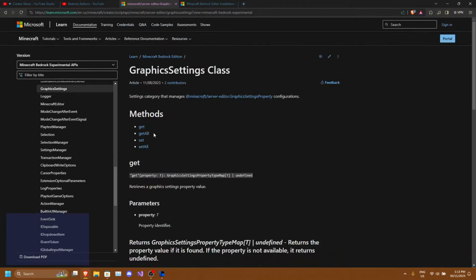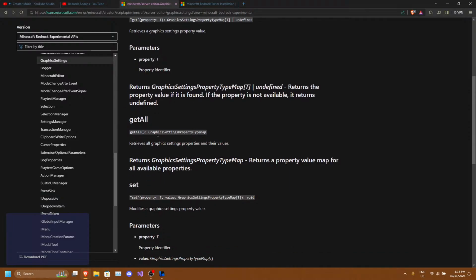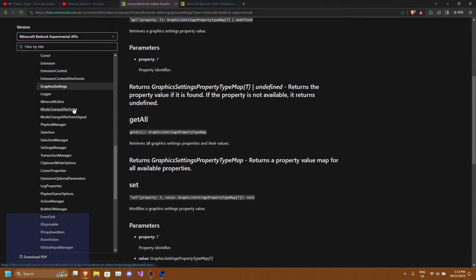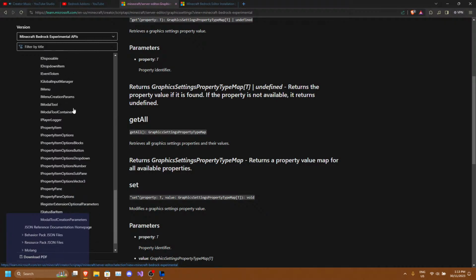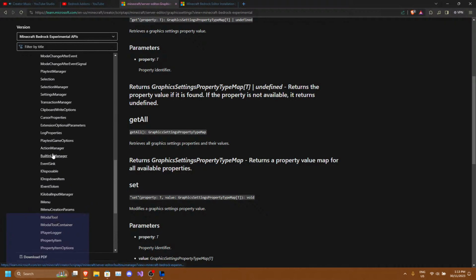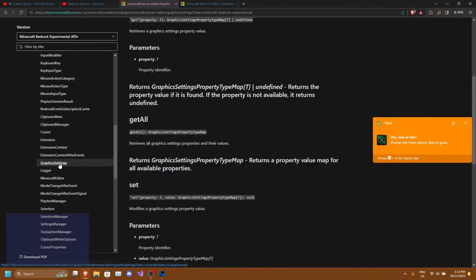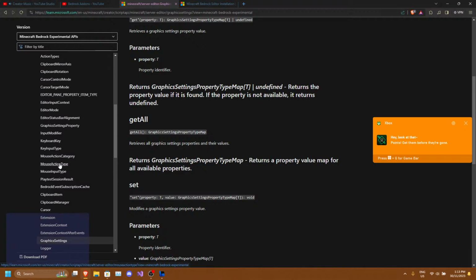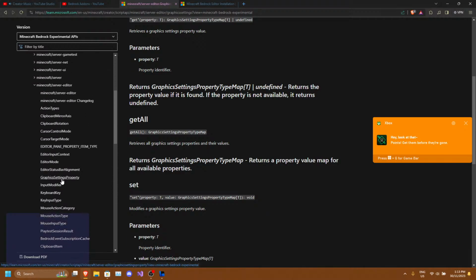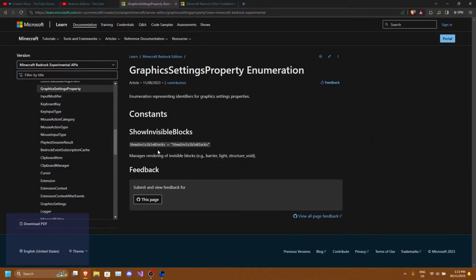Not much. Graphics setting property type map. Where is that? Graphics setting property. Ah, it's just show invisible blocks, that's it. Okay, so it's like barrier, light, structure, and void.